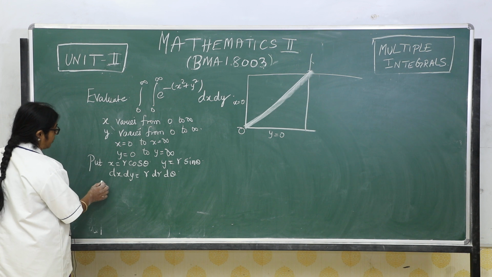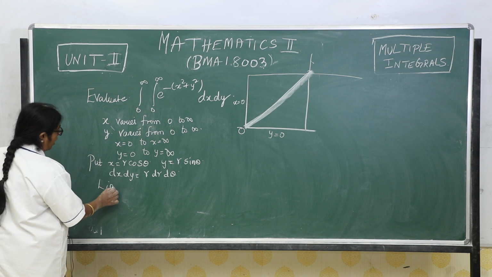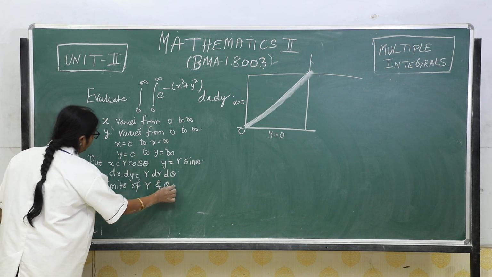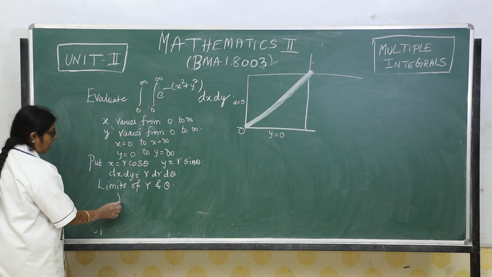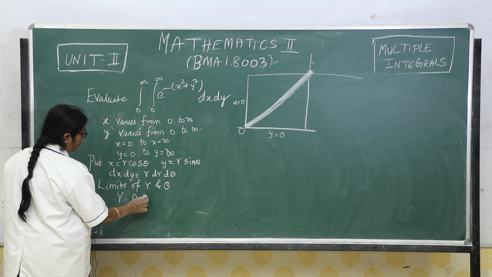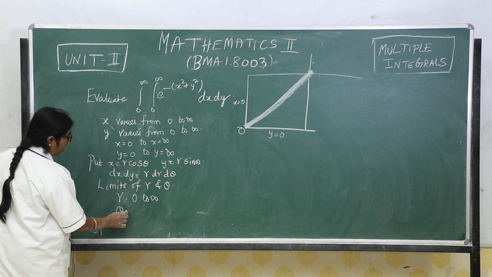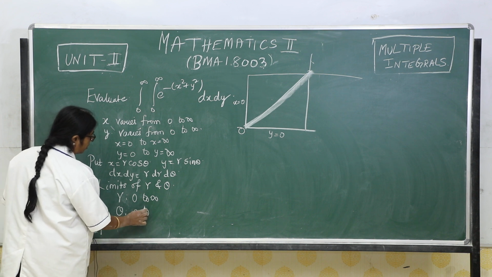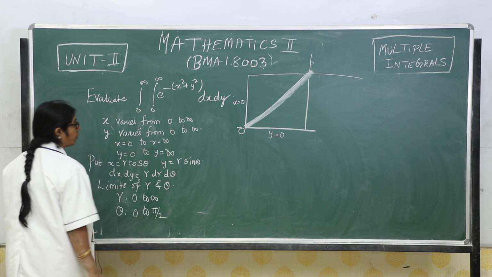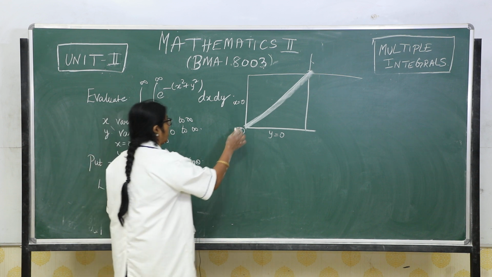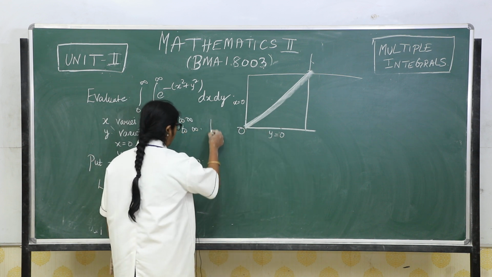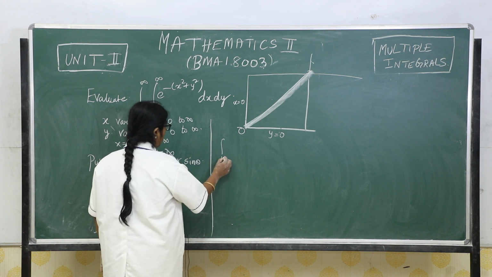Now, what are the limits for r and theta? r varies from 0 to infinity and theta varies from 0 to pi by 2. It is belonging to the entire first quadrant, and therefore you get integral 0 to pi by 2,